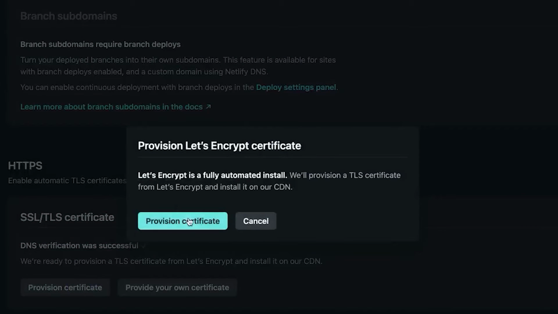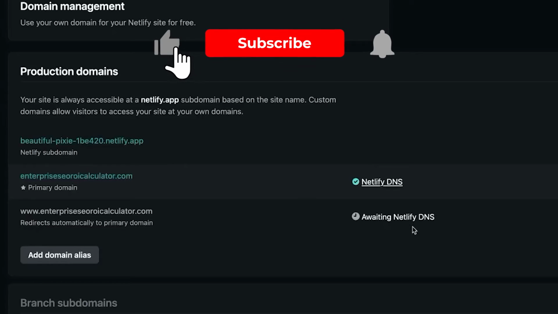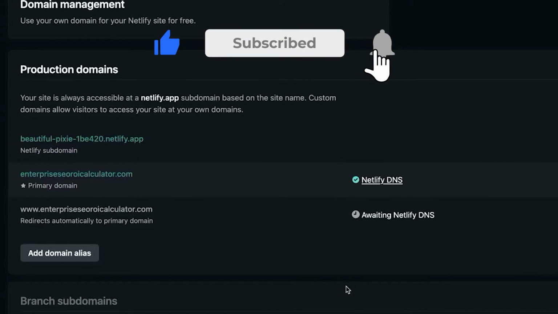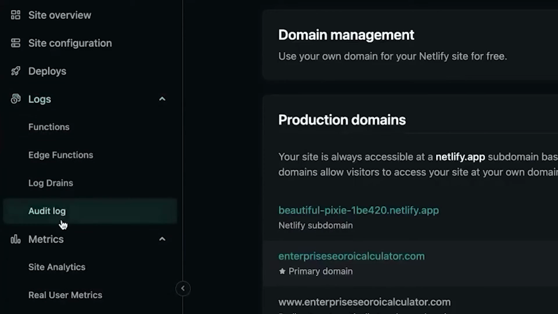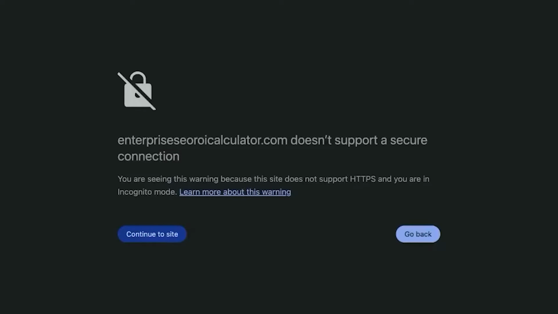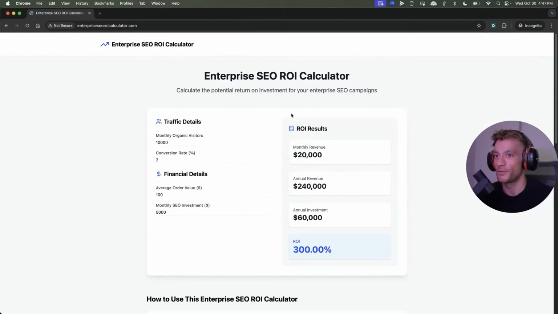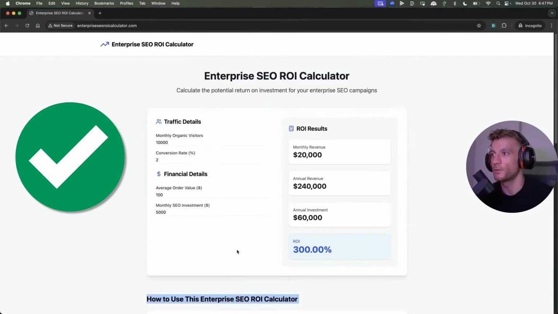So if we click on provision certificate over here, we've just got to wait for the Netlify DNS to go. It might take a little while for that to launch, but you can see how easy that was, right? Now over here, you can actually check out your site analytics for the website. You can check out the metrics, how many people are using it, etc. You've got some logs. So for example, if we go into that website now, continue to site, that was easy, wasn't it? People can now use that. And we've got a super useful tool that we created in a few minutes. It's all deployed, it's all hosted